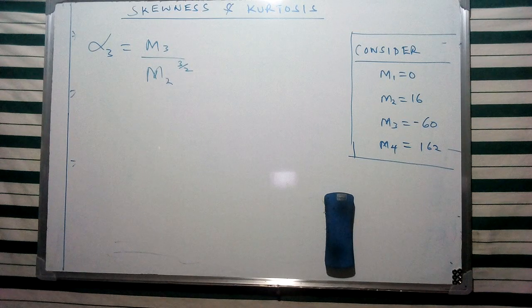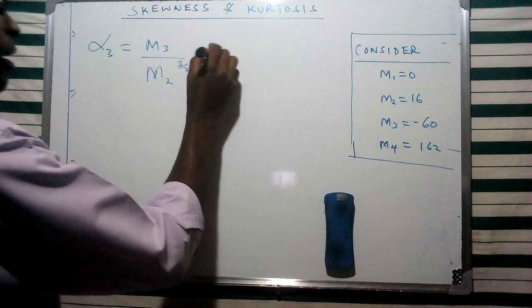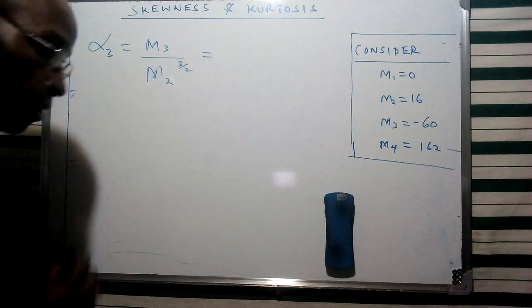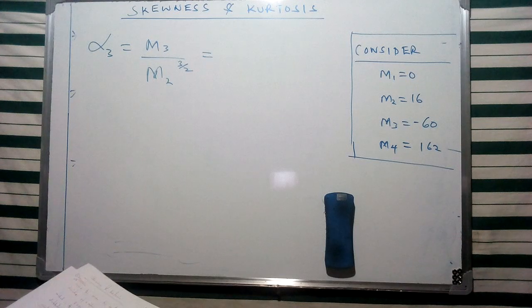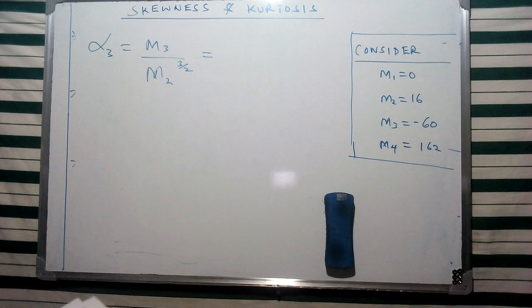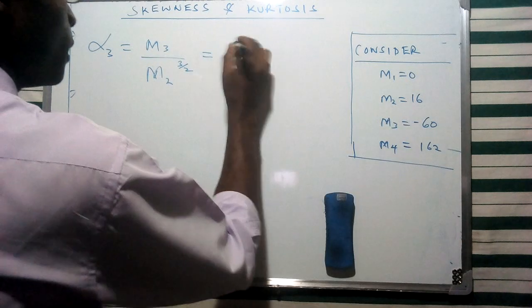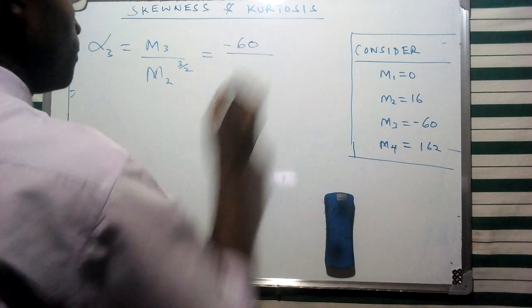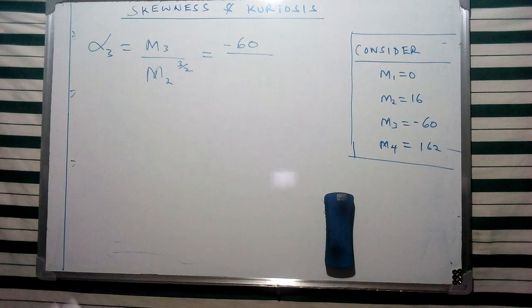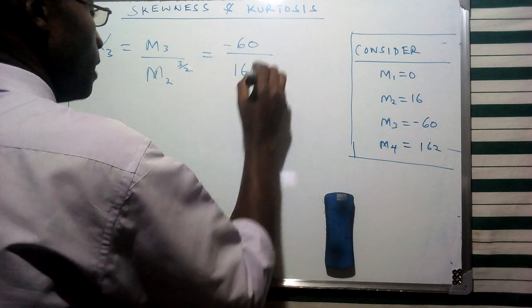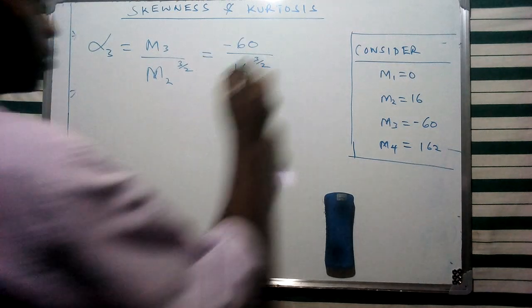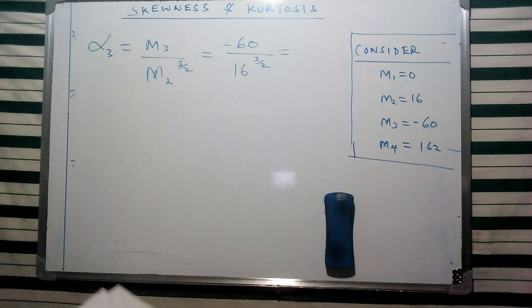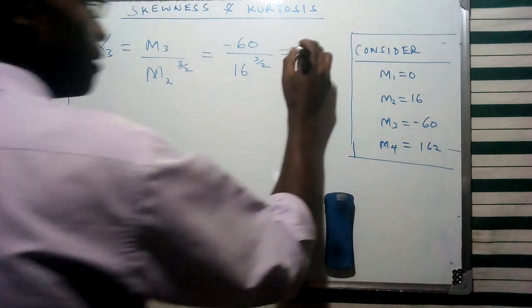Now, in this case, we're going to substitute the specific figures. The third moment's value is equivalent to -60, so we're going to have -60 divided by the second moment, which is equivalent to 16, raised to power 3/2. If you try to evaluate that, from normal evaluations, we're going to obtain a value of